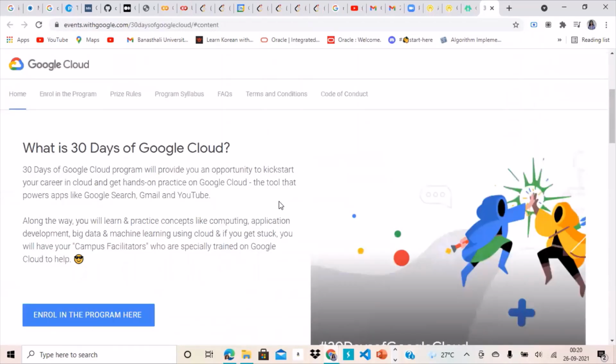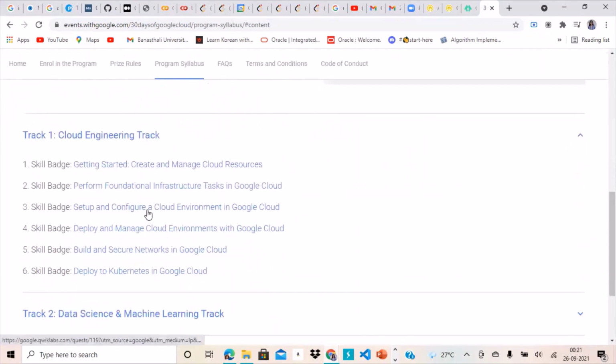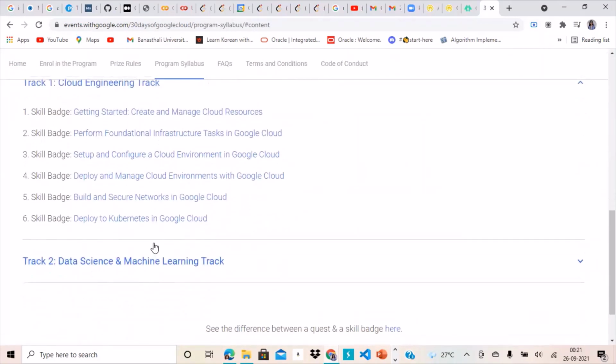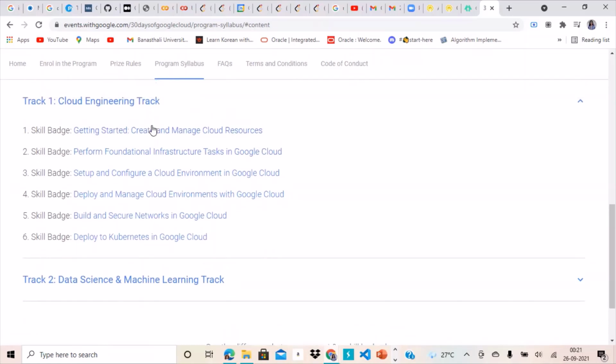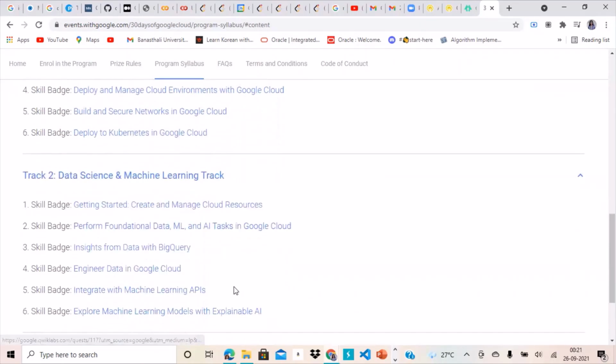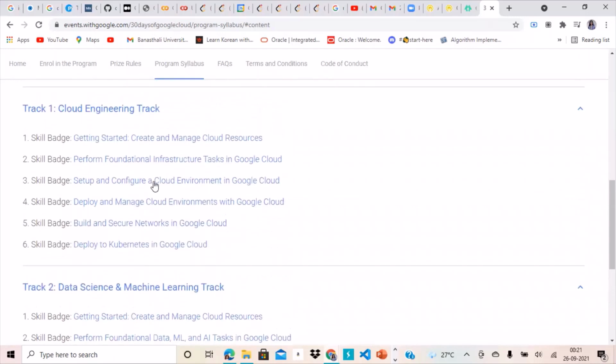It will lead you to this Google Cloud page where in the program syllabus section, we have all the tracks and the skill badges listed, which is the particular syllabus, which is the amount of content that you need to cover in this particular program. If you have chosen only one track, then you need to complete all the skill badges of that particular track. And if you'd like to complete both the tracks, then you can, but you have to complete all the skill badges of both the tracks, right?